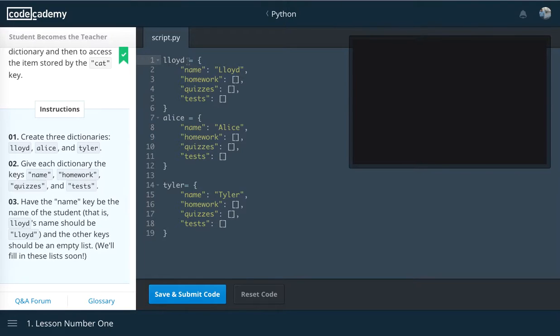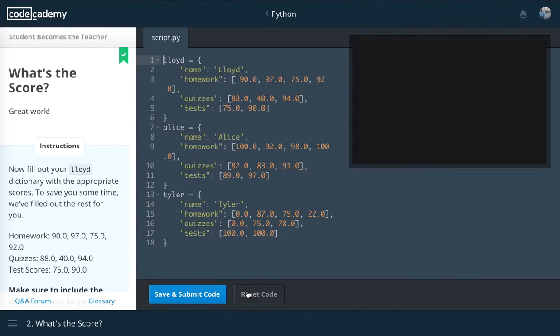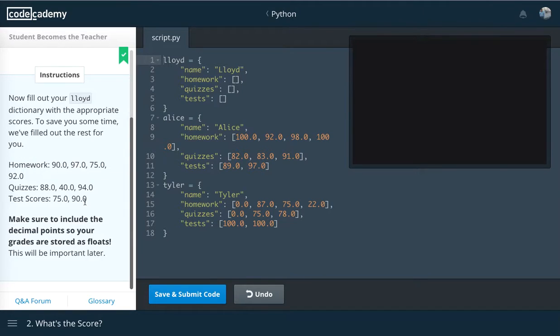Next thing it wants us to do is give each dictionary a key of name, homework, quizzes, and tests. So we've done that as well. And finally, we want the keys to be their names and the homework, quizzes, and tests to be empty arrays. So let's go on, submit our code. And then from here, I'm going to reset this. And now it wants us to fill out